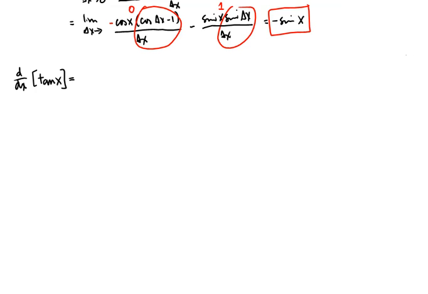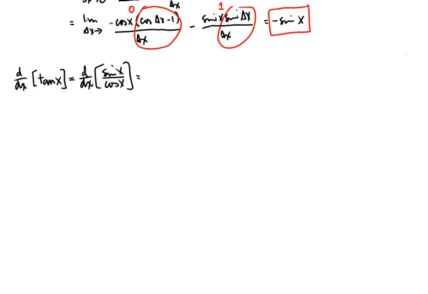In this video, I want to continue to establish the derivatives of the remaining four trigonometric functions: tangent of x, cotangent of x, secant of x, and cosecant of x. We'll begin with tangent. And we'll rewrite tangent as sine of x over cosine of x, another important trigonometric identity to remember. By rewriting tangent as sine of x over cosine of x, we can now use the quotient rule